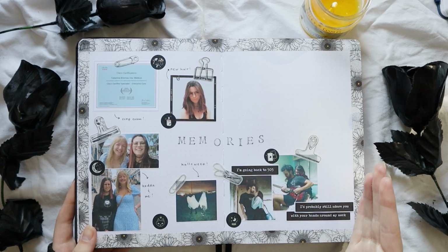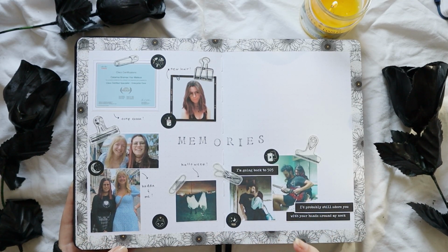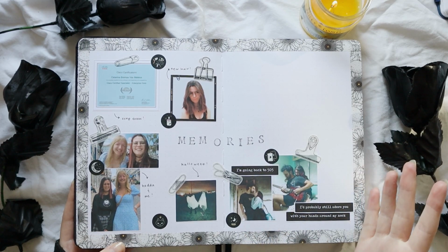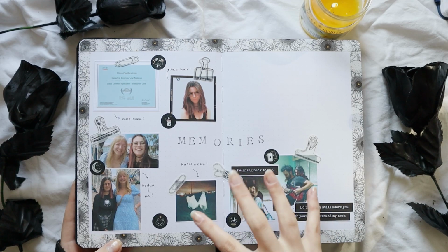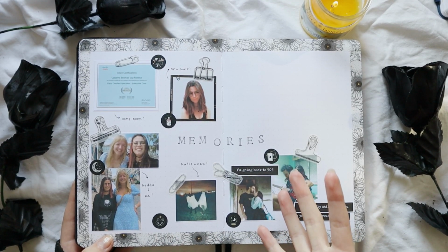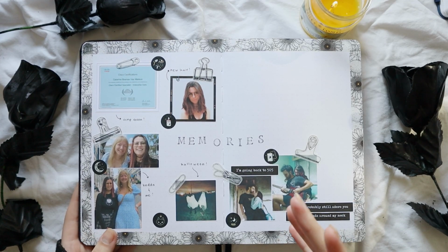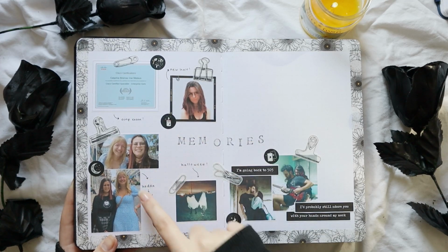My memories page, and this is a page that I've been doing for a while now. It really depends on my year. I normally don't like to do my memories page as a collection because I don't know how the year is going to develop. But I've been trying to incorporate memories more into my bullet journals, so I added here a few of them,